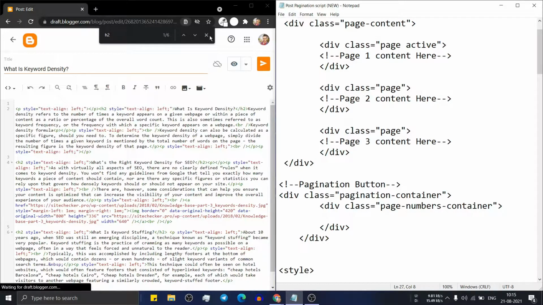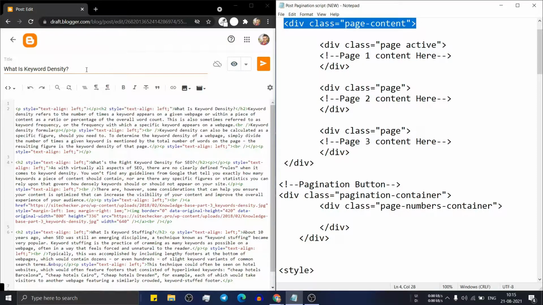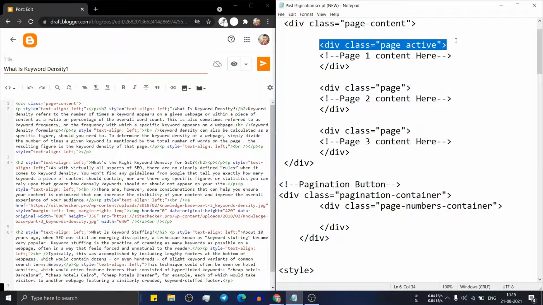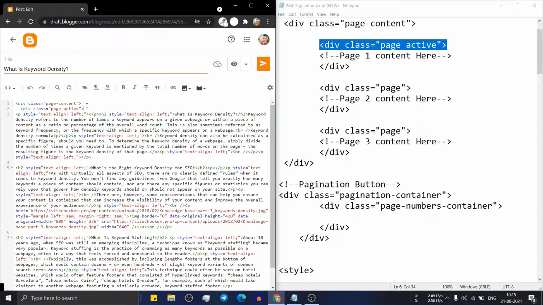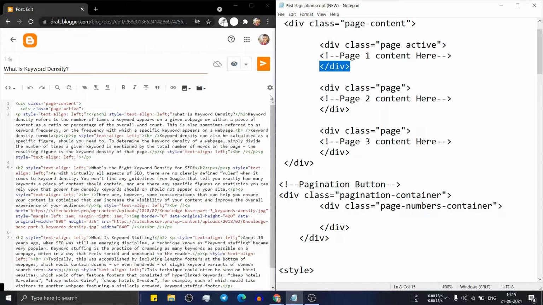So let's copy a code like this. Just copy this first div tag, div class page content, and paste it just above the first content. Here you have to add the second div class page active and paste it just below this code. Now close the div tag after the first page content, and then add a div class of page to all other pages.